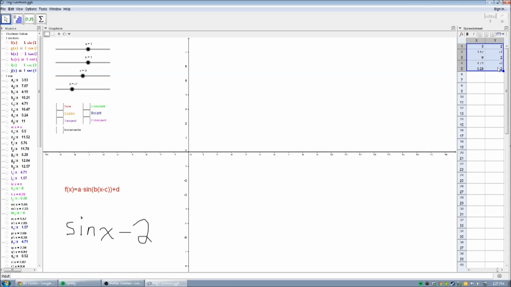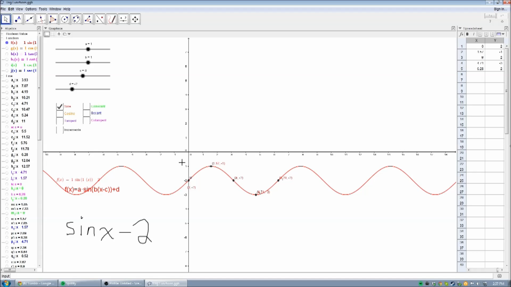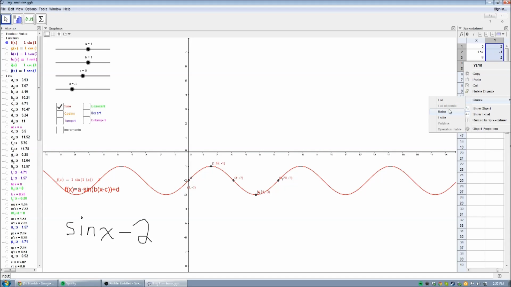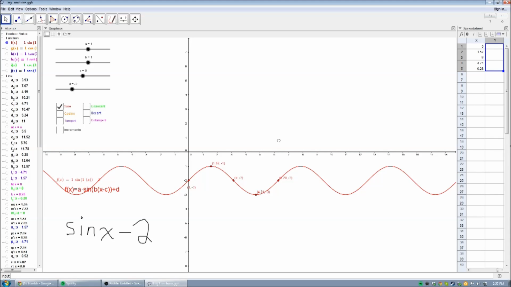And I'm going to create our points. When I say create points, what we're doing is creating a table of values, and then plotting the points. But in order to save time, I'm using a computer. We're going to turn on the sine function, and look at that, it matches up again. Great. So the question is, is there anything that we can take away from this to say